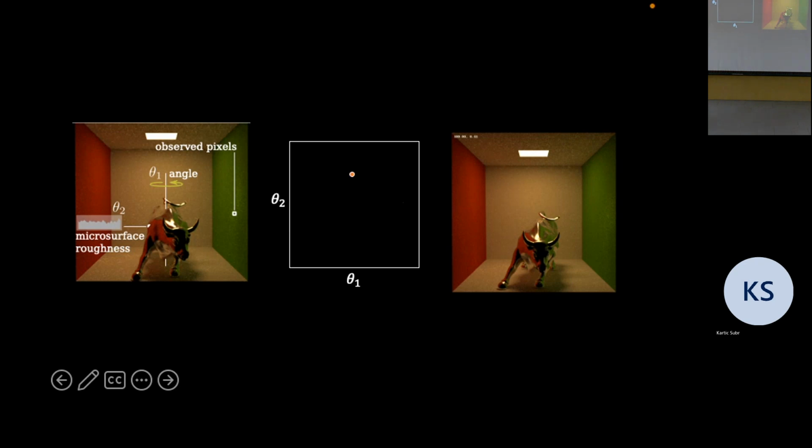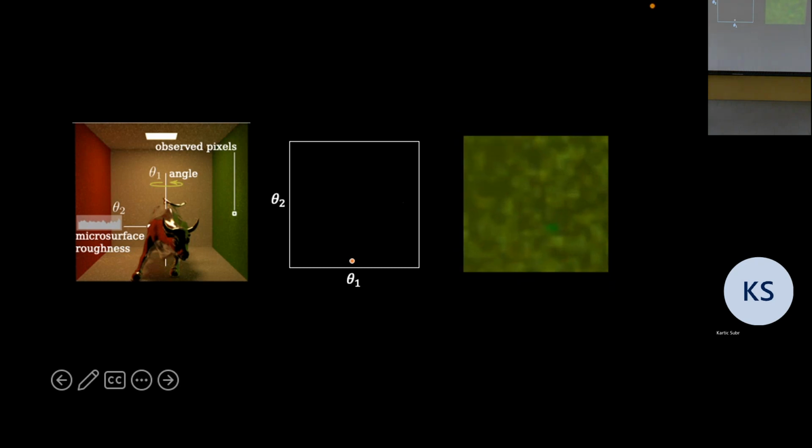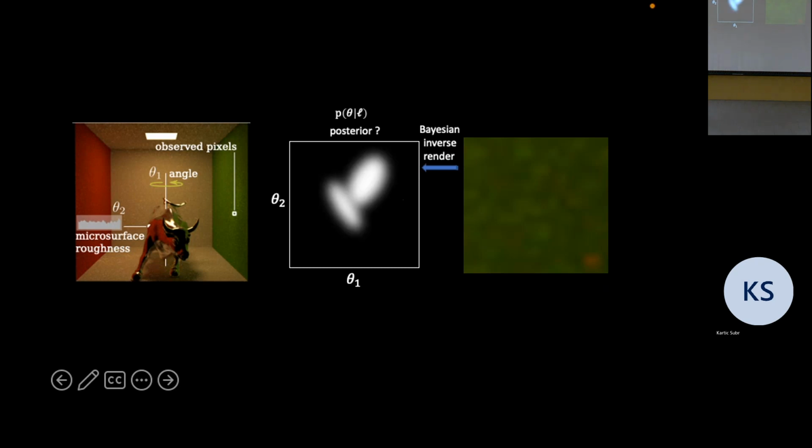And as you can imagine, depending on what my choice of parameters are, what I observe on the right wall will be different. Right? So for example, if I'm here and I look at the right wall, I see some noisy pattern. And one of the questions I was interested in was, if I can only observe this, can I guess what orientation the bull was? It sounds like quite a hard problem, because there's so many possibilities. Plus there's Monte Carlo simulation, so there's noise, there's two different parameters. And there are lots of methods that do this.